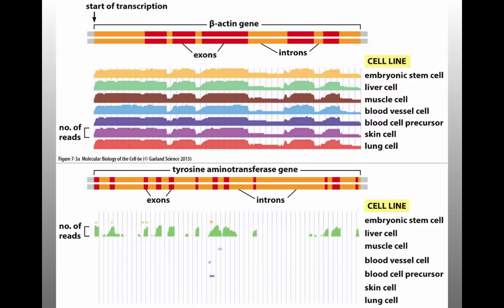and looking at absolutely all of those RNAs, again, in usually a bulk kind of scenario. So you get lots and lots of short sequences of RNA, and then because we know the genome sequences, you can pile up those sequences and say where they are. And if you look, and again, we'll just talk about the top part here, this is looking at the beta-actin gene.